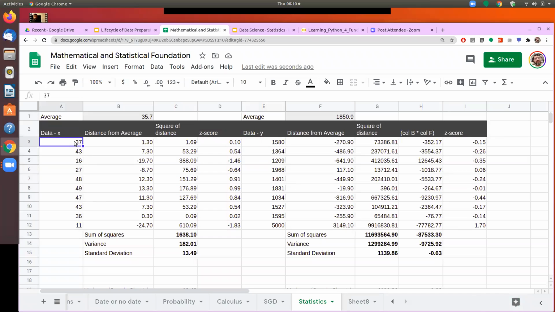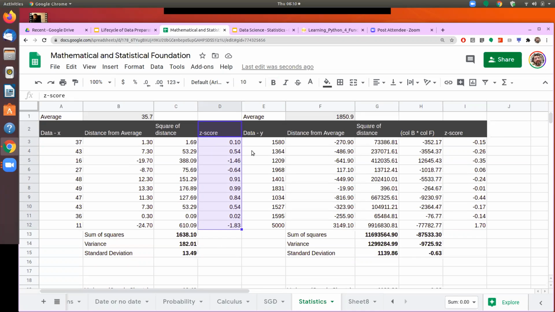So here, what is the order of these numbers? Here we have everything in double digits. Here we have everything in thousands, and therefore just the standard deviation comparison doesn't really help us. These standard deviations have to be compared along with the mean. So I also see that the mean or the average is also in thousands, and therefore the standard deviation also should be in thousands. And the Z score, or the difference measured in terms of the standard deviation, gives me how far the data point is from the center.